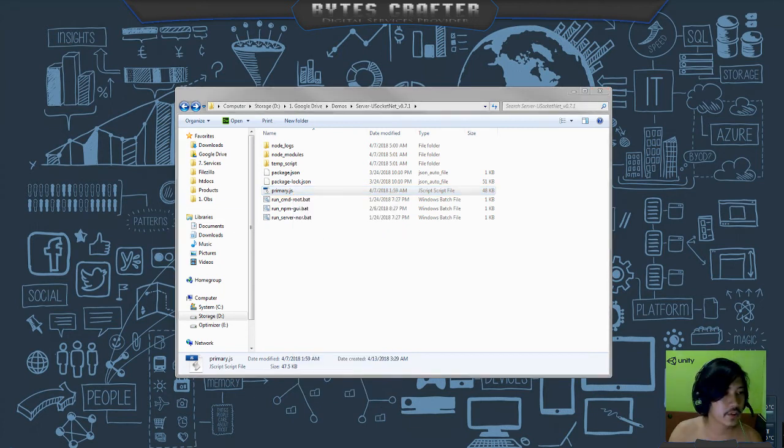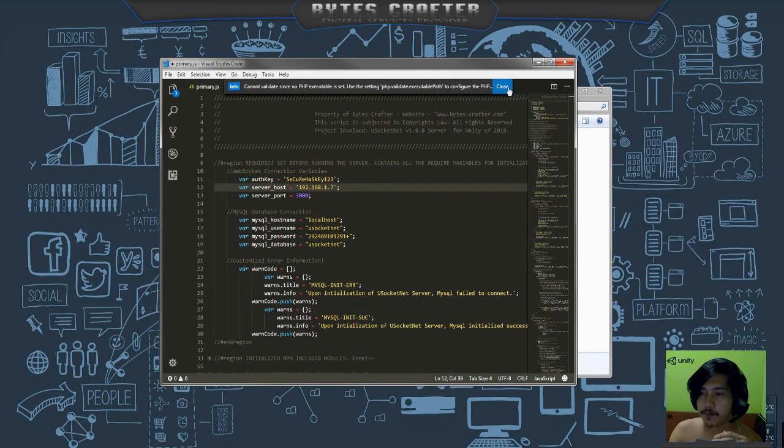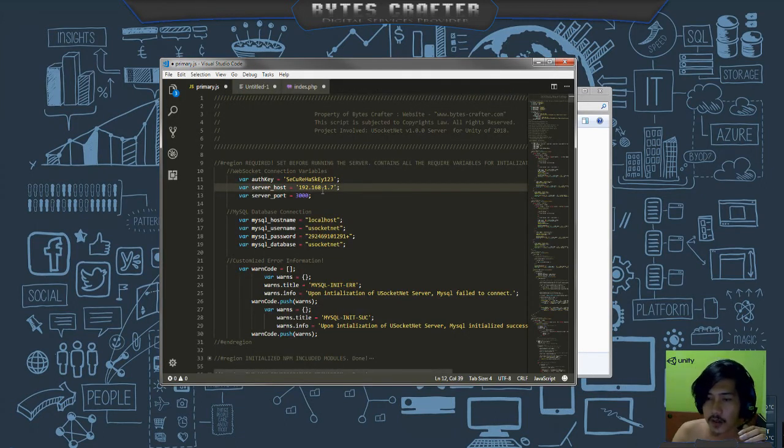We will try to edit the server side to 192. Sorry, I'm currently editing. Wait a moment. So as you can see, these are the variables.